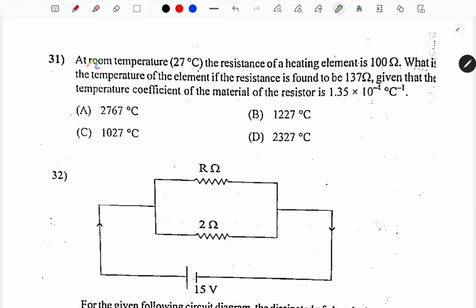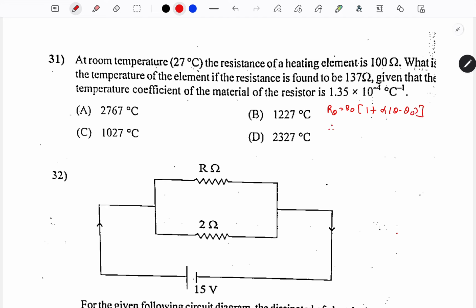Question 31. At room temperature 27 degrees Celsius, the resistance of a heating element is 100 ohm. What is the temperature of the element if the resistance is found to be 137 ohm, given that the temperature coefficient of resistance of the material is 1.5 into 10 to the power minus 4 per degree Celsius? Okay. So for that we know that R theta is equal to R0 into bracket 1 plus alpha into theta minus theta 0,